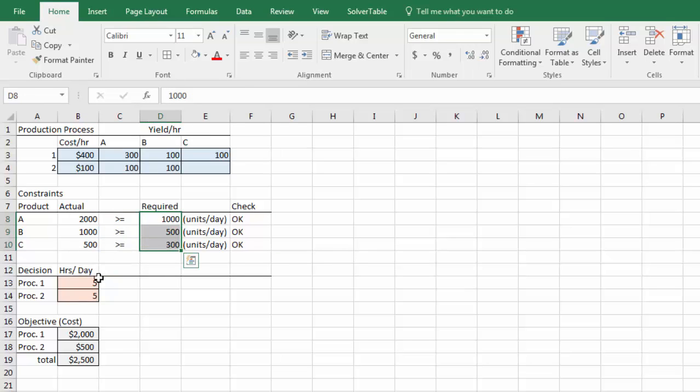So what I start doing now, and my cost is $2,500. Because I want to minimize cost, I start to dial down the amount of each machine we use per day. Let's try 4 and 4. Everything's okay here. Costs have gone down to $2,000. Okay. 3 and 3. Everything's still okay here. My cost is down to $1,500. 2 and 2. Everything's an error here, and my cost is $1,000, but that doesn't matter because I'm not meeting